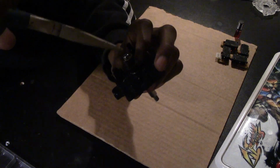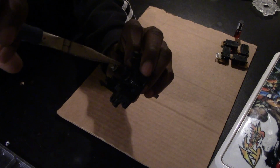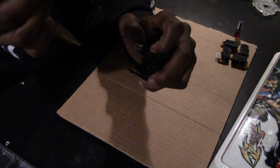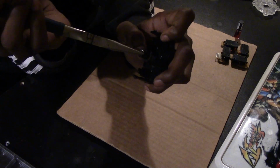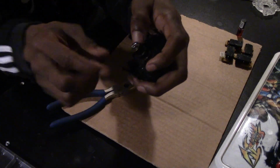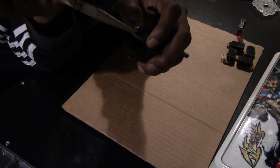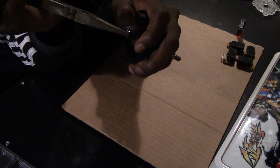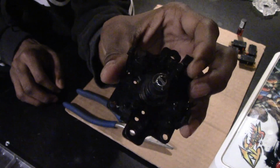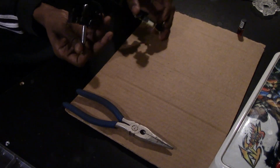This is my preferred method. Other people use different methods. Just make sure you get a firm grip. And then you should hear it clip on and then be secure. Then we're gonna put the